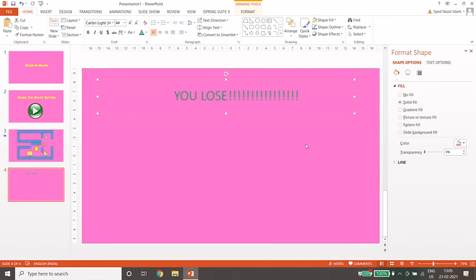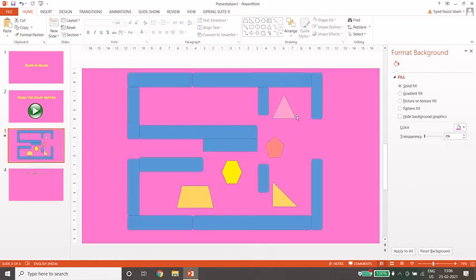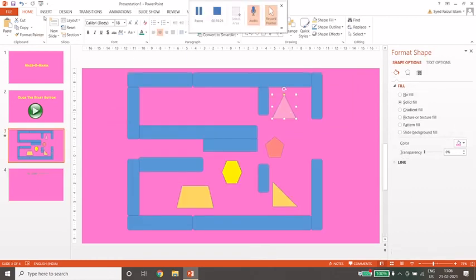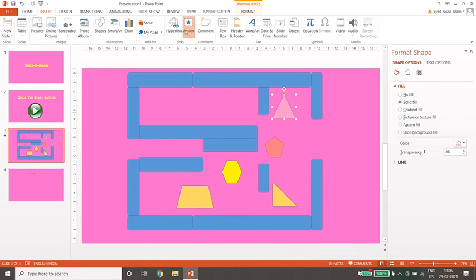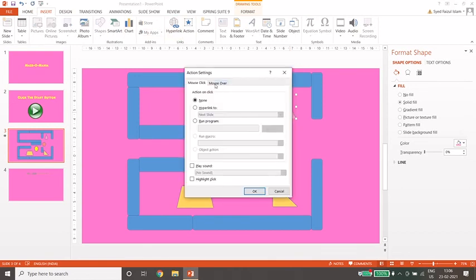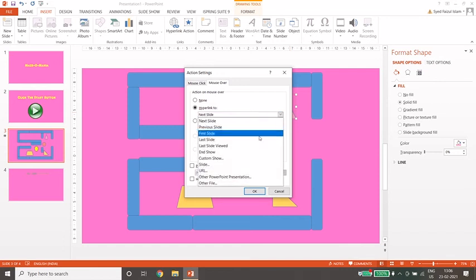So now we have done the You Lose slide, but there should be a few options from which you can restart the game again. So first of all, we're going to hyperlink these obstacles over here. Click on these, go to insert, go to the action option, and over here when mouse over, that means it is not necessary for us to click. Just when the mouse is touching, it should get it to the You Lose slide. So you're going to just click on hyperlink to, and you're going to say,